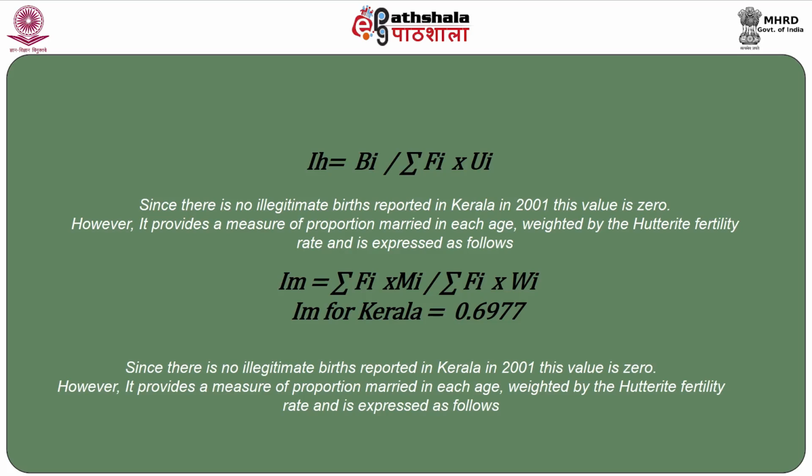However, Im provides a measure of proportion married at each age, and there is the concept of weights applied by using the standard fertility rate, and the formula is given for Im, and the computation is also done. Have a look at the formula for Im, and Im for Kerala is obtained as 0.6977,